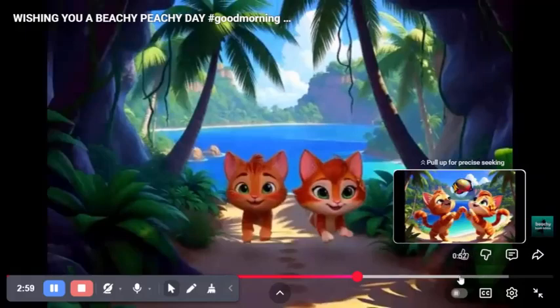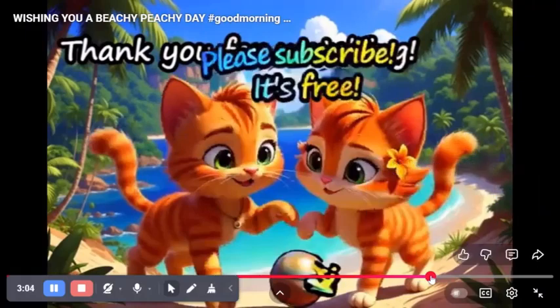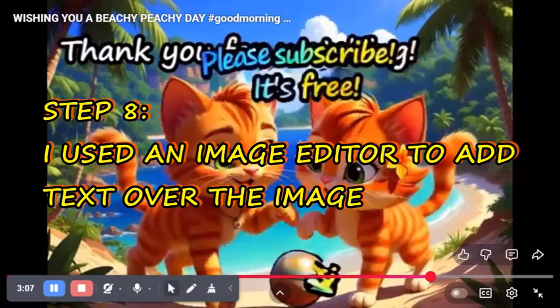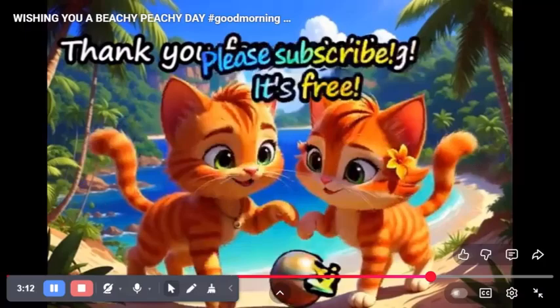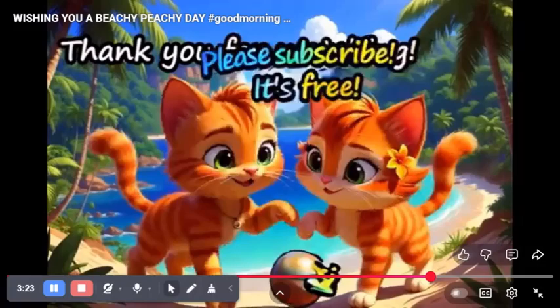The last one on here, where I took the image to Photoshop, and I added some text over the image, and then I uploaded that image onto Grok and asked it to animate that. Initially, I wasn't totally happy with what they did, although I did save a few others. So you can save as many as you want and then choose your favorite ones to put into your video editor. Then I asked to actually see the cats engaging with the words, and that one I was happy with,